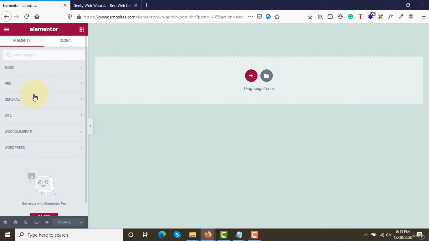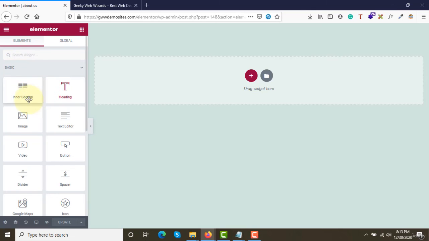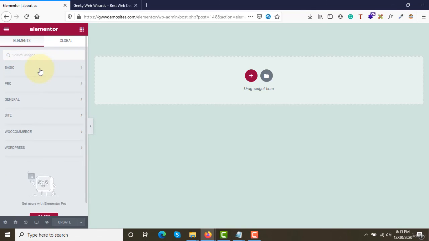Somewhere around 30 elements we get access to. And trust me guys, using these 30 elements we can create an amazing website, and I'll show you in the next video. How to use each and every element, we'll see in the next video.